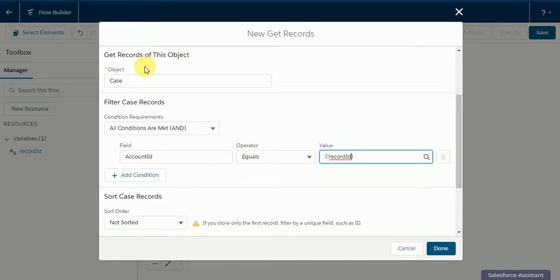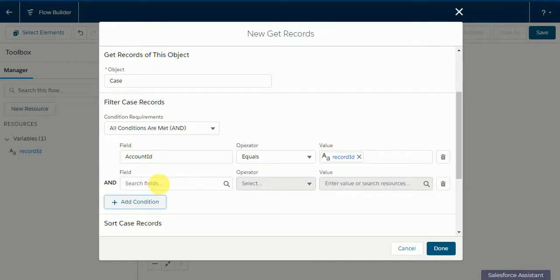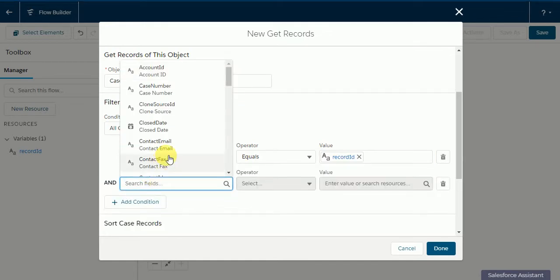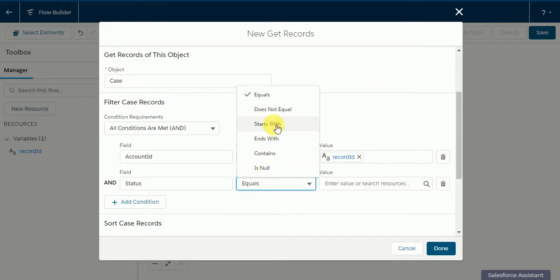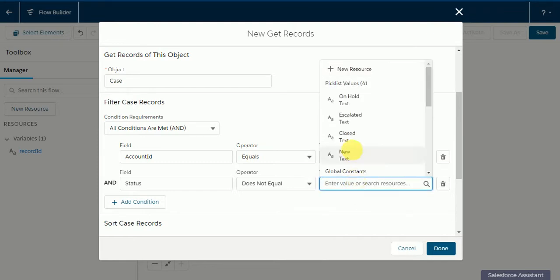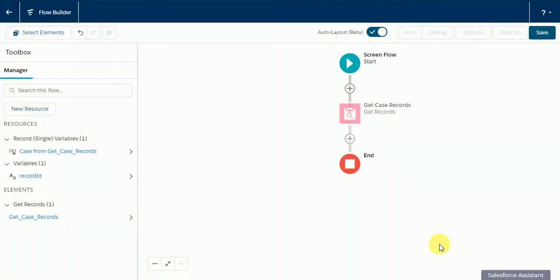It's quite similar. And we also want to get the cases which are not yet closed, so I'm just going to give Status does not equal Closed. So now we are getting all the case records in this activity.